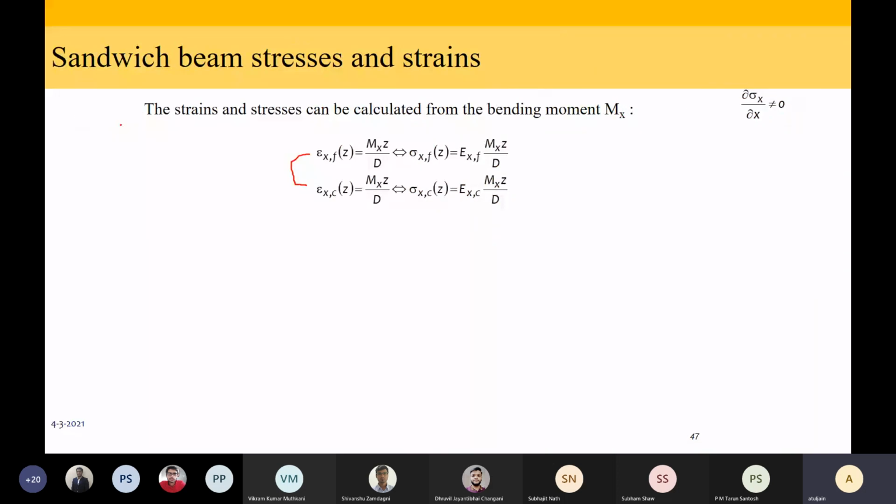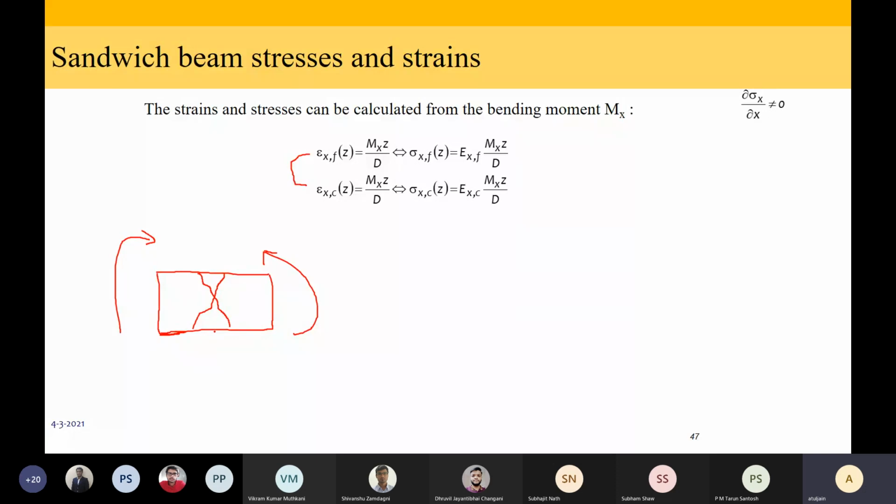So usually you will see that if you draw, let's say this is my sandwich material, where white is the core, these red lines are my carbon fiber. If you subject it to bending, you can expect to get some cracks like this or like this, depends. So you can expect to get some cracks like this. These are cracks through the thickness of the foam. That is something you will not be able to model.